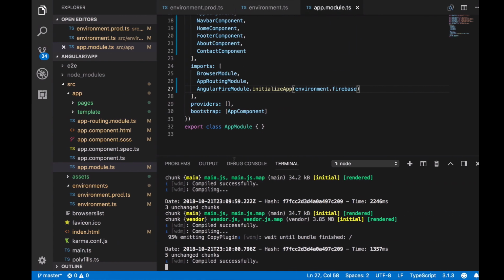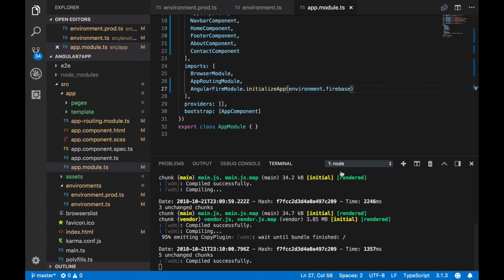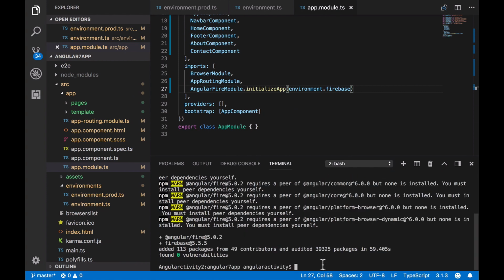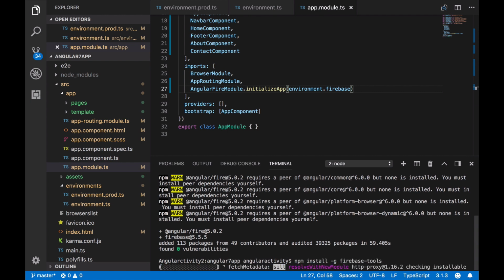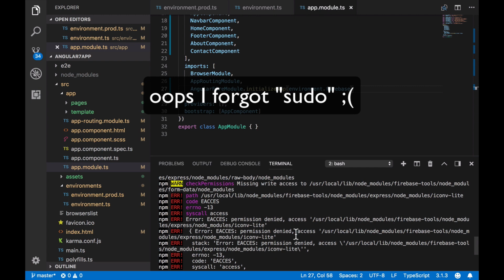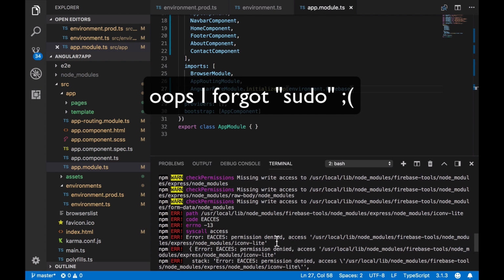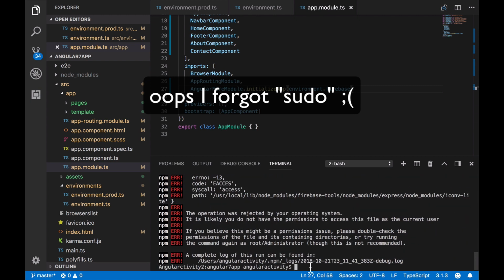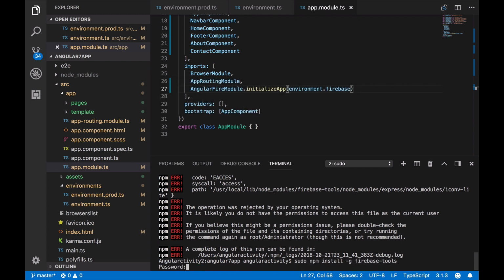Now we have to install the Firebase tools globally on our machine, so just paste in the instruction. Oh, my bad, I forgot to add sudo before the instruction. Remember, if you are on Mac or Linux, you have to add sudo to install any package globally on your machine. So let's do it.